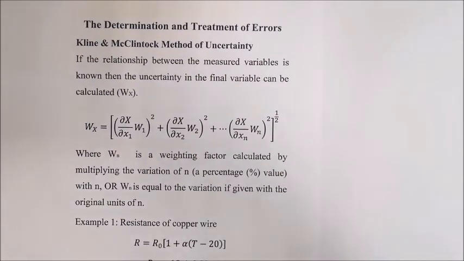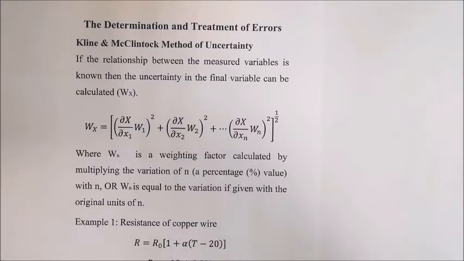Let's have a look at the determination and treatment of errors. There's a method known as the Kline McKlintock method of uncertainty. Essentially, if the relationship between a measured variable is known and uncertainty in a final variable can be calculated, we're able to identify what this